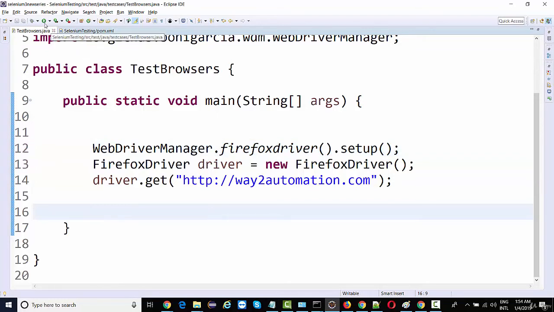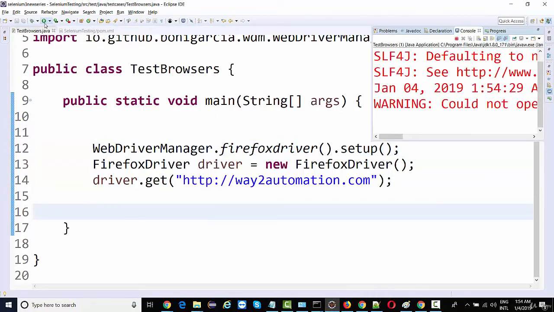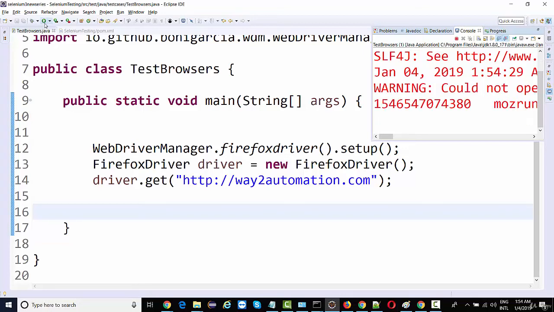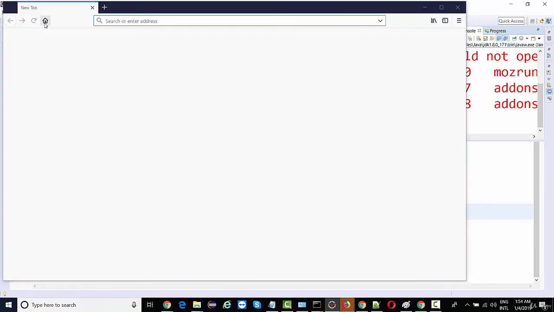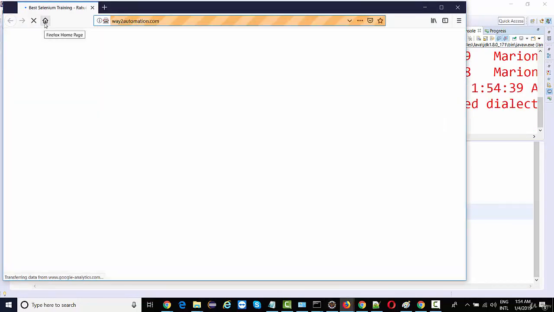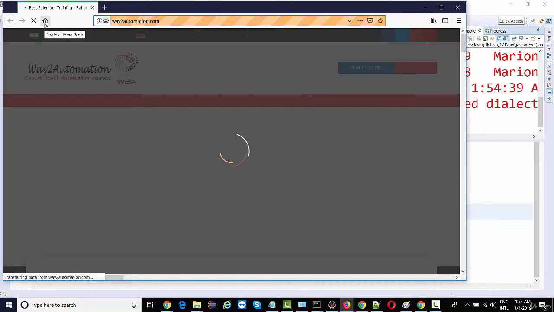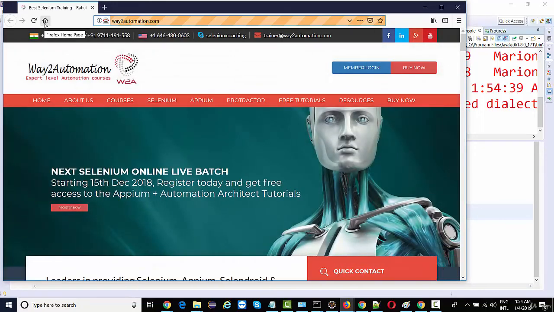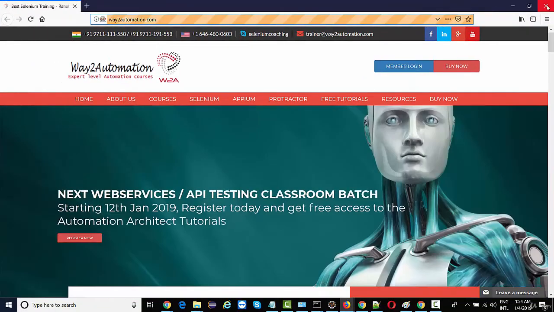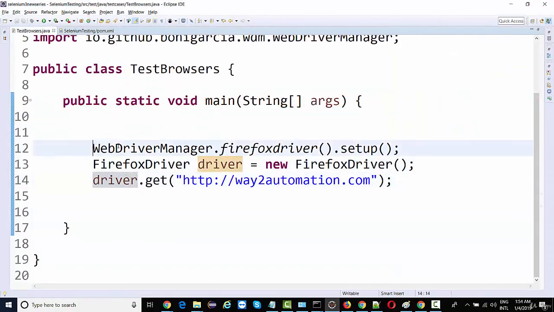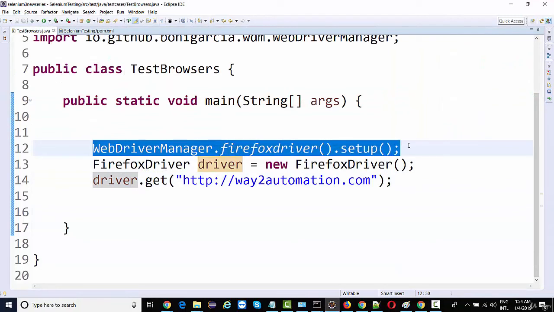Save it and run it, and let's see. See, it launches Firefox and navigates to way2automation.com, right? So no need to download the executable files now. The whole process is automated with the help of this WebDriverManager class.